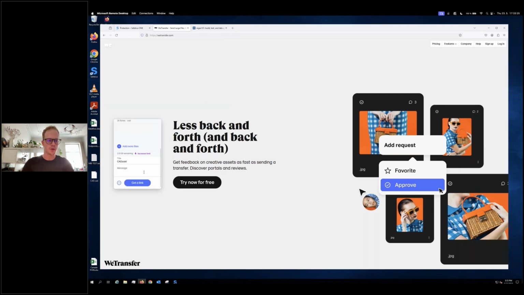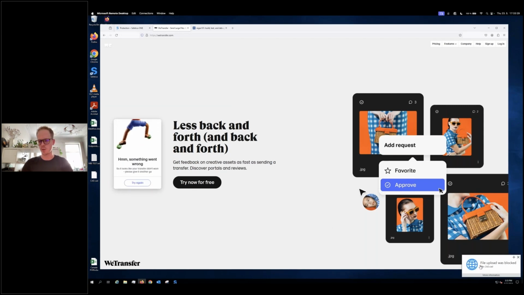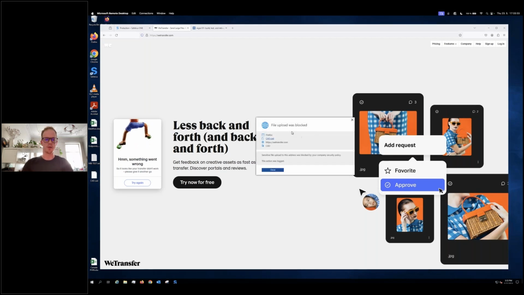I'll try to upload that, get a link, and something went wrong. We get the pop-up down here, and if we want some more info as to what happened, we just see the file was blocked, see the application, the file in question, the domain, as well as the data category it pertains to. There's nothing the user can do about this. Once this has happened, they can't go any further. That is what it is.